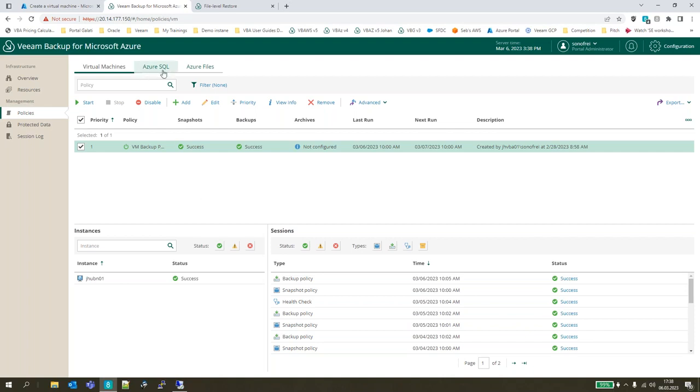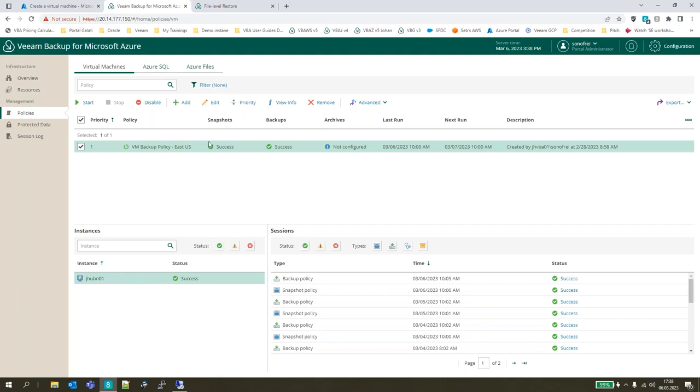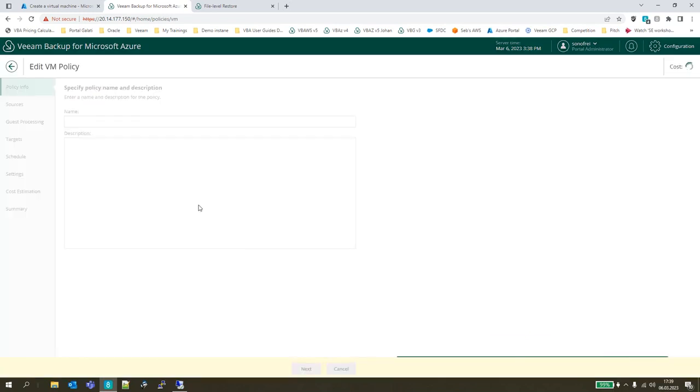Now at the top, notice that we have separate tabs with each service that we can protect with the appliance. And under virtual machines, here I already have a backup policy designed to protect at the moment only one VM, for which I'm creating both snapshots and image-level backups. So from the get-go, the appliance offers me two copies of data, one in terms of a cloud native snapshot, the other of an image-level backup in the Veeam native format. If I click on edit,